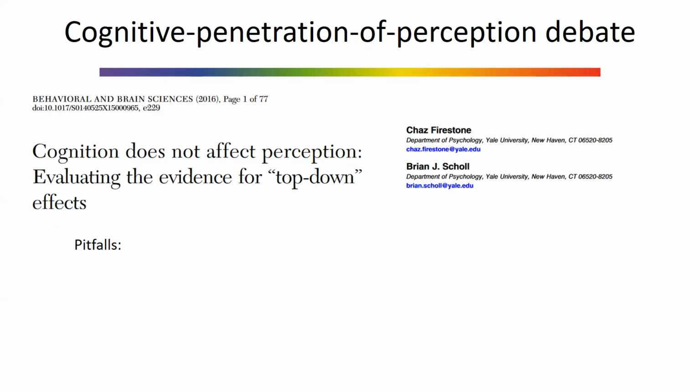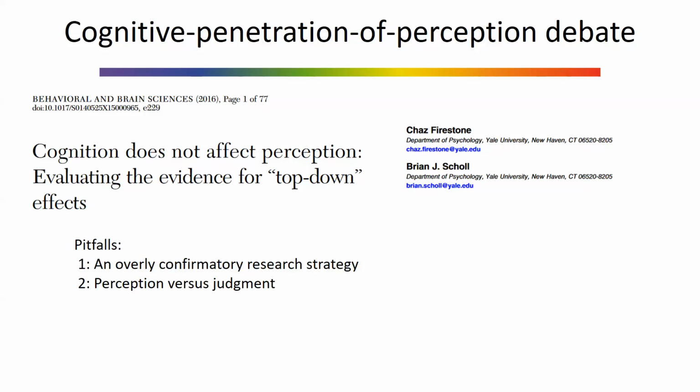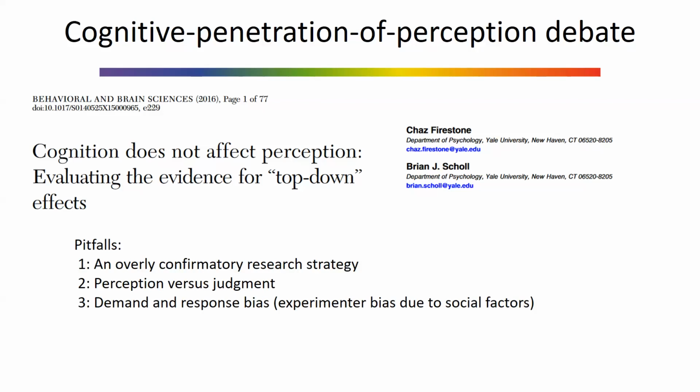And they raised the challenge that the studies basically have to show that they tested all sorts of alternative predictions, so also trying to eliminate the effect, not just to confirm it, whether this is really a perceptual effect rather than a simple judgment, which could have other biases. And then also talking of biases, that the bias could come from simply participants trying to figure out what the experiment is about and giving some socially desirable answers.